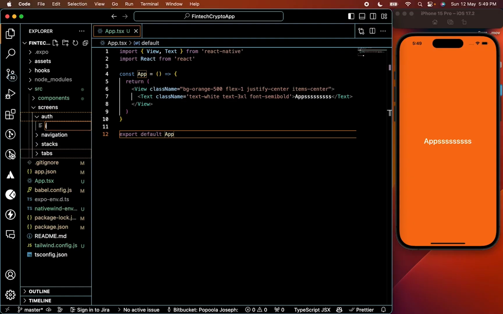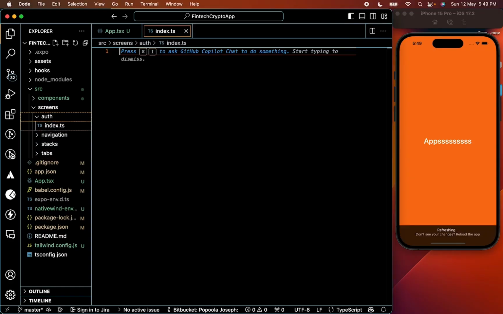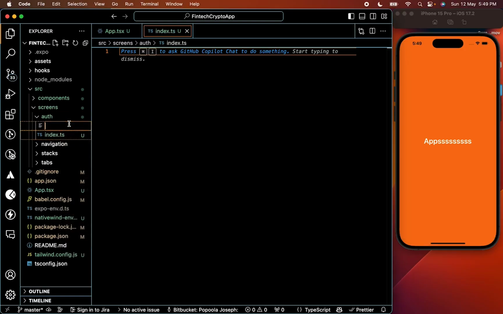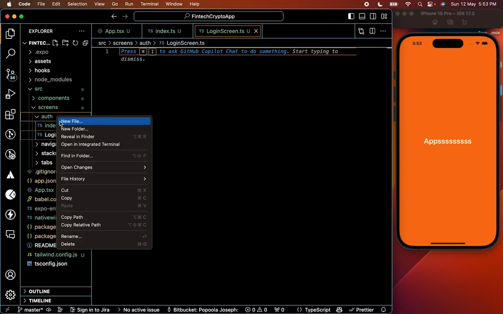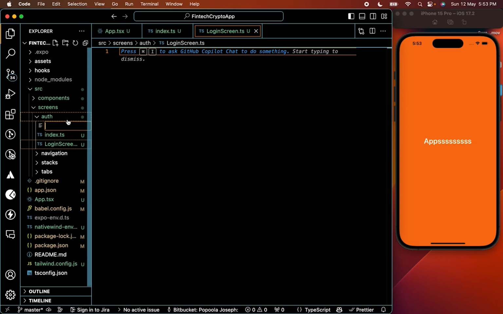I'm going to call this index.tsx. Also inside of auth, I'm going to have another file there. I'm going to call this login screen.tsx. So the next thing we're going to create inside of our auth folder is going to be a register